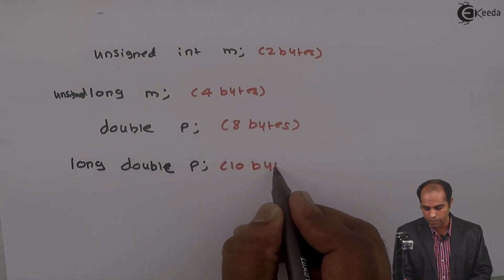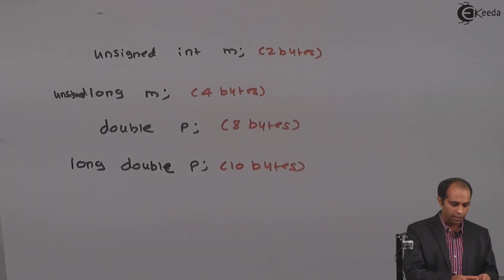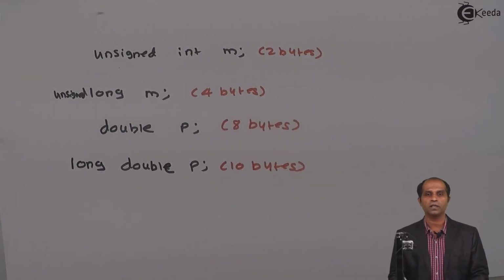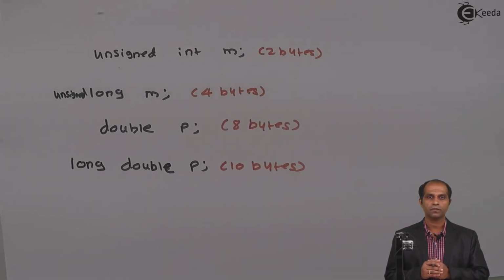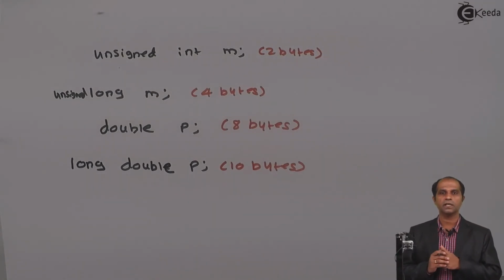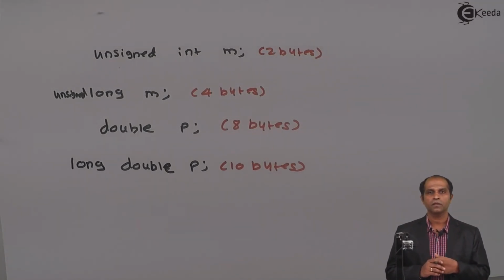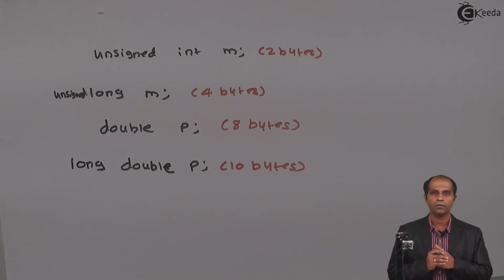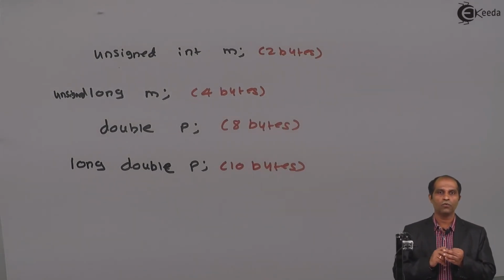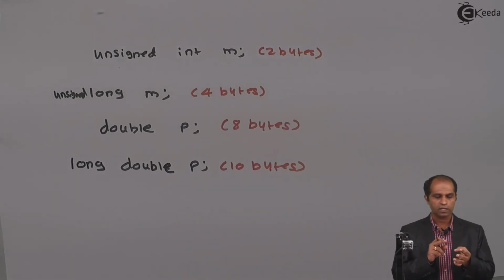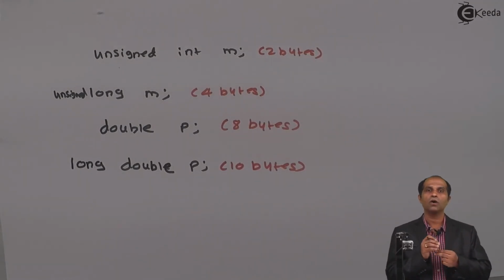This is the maximum size of a variable. If you feel that the numbers are beyond this particular range, you will have to change the language. You can't stick to this particular C language. So to summarize this entire part, we have the declare instruction, which will declare a data type for a variable. The basic data types which we're going to use for our declarations are int, float, char, double. These are called basic data types.